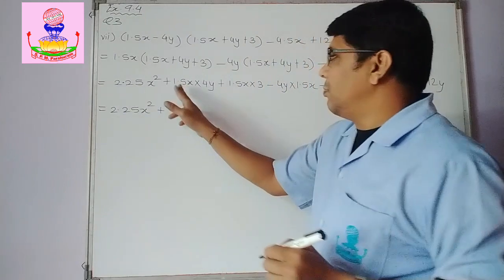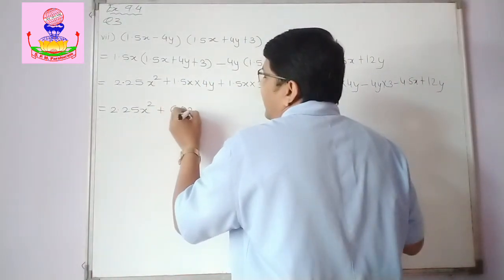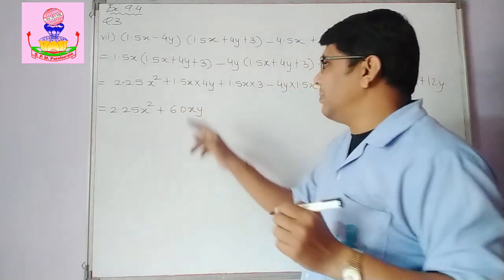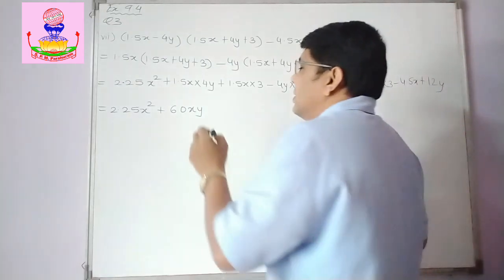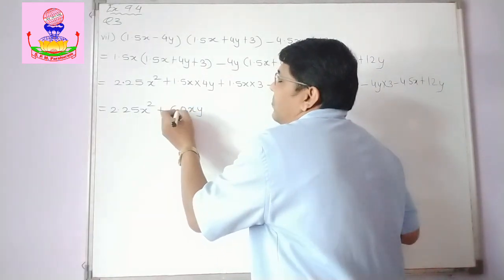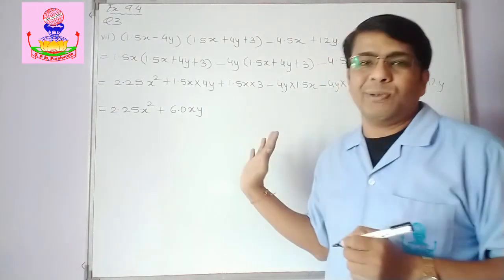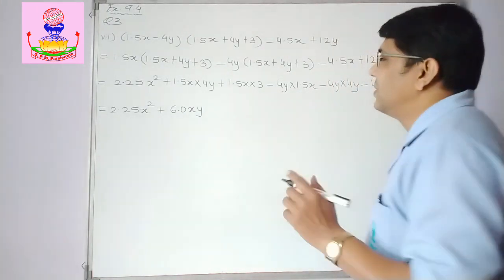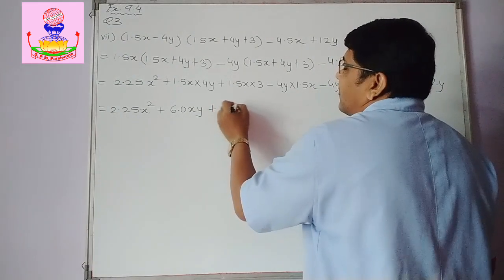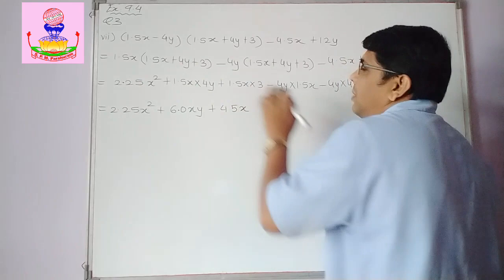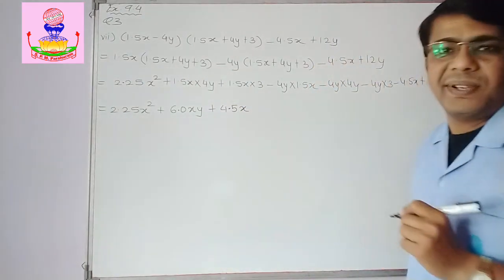Now, 2.25 x square plus, now see, 15 fours are 60. X into y, xy. Now after decimal point, how many digits are there? 1. So decimal point after 1 digit, from right hand side towards left hand side. So it is 6.0xy. That means 6xy. Okay. Plus 15 threes are 45. X. Decimal point after 1 digit. So